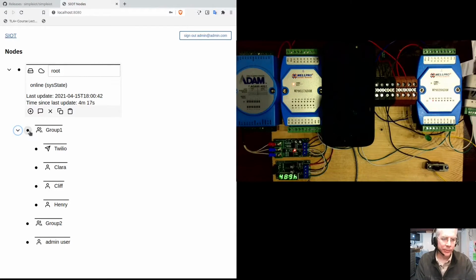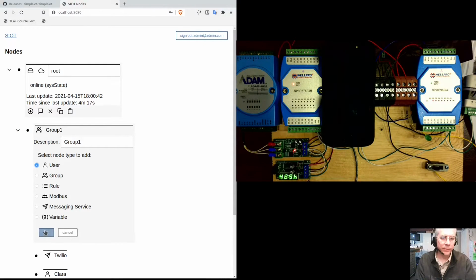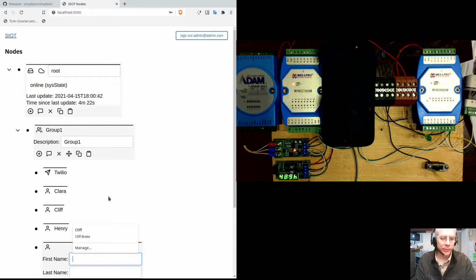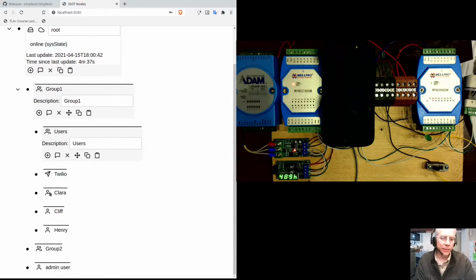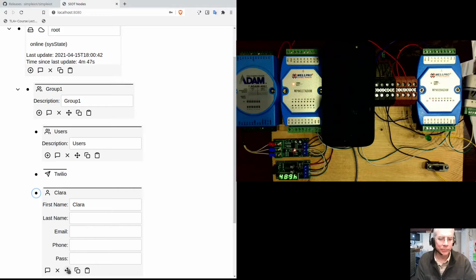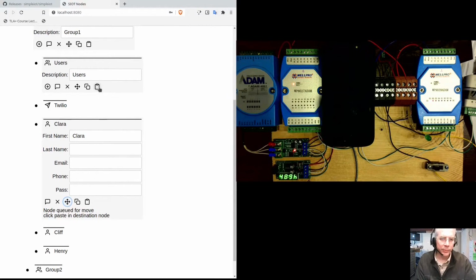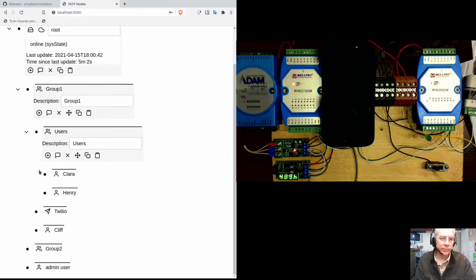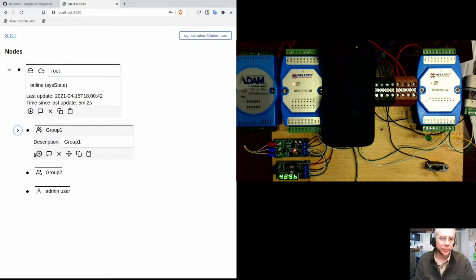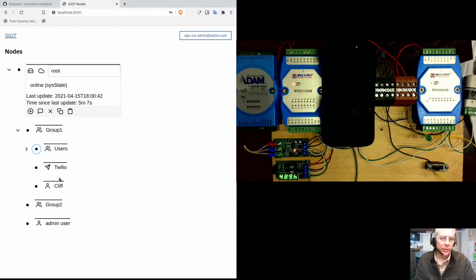Now we can even add more structure to this if we want. We can create another, oops, I didn't want to do that. So if we create another group at this level, maybe we'll call these users. And let's say that Clara and Henry are users. We don't want them to see the messaging service node. So we can simply move those into the users group. To move a node, you click move in the source node, and you click paste in the destination node. So now Clara and Henry are part of the users group